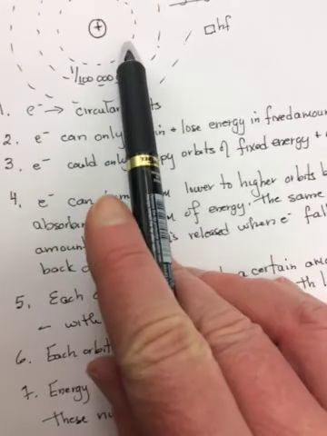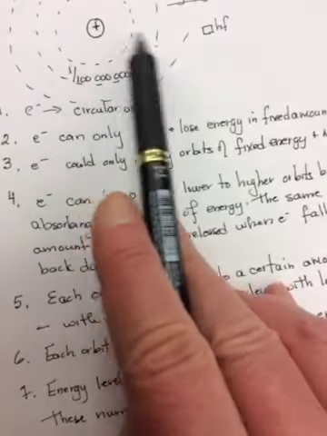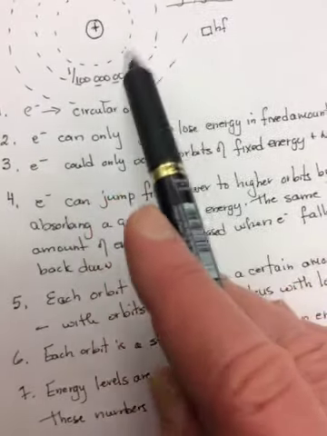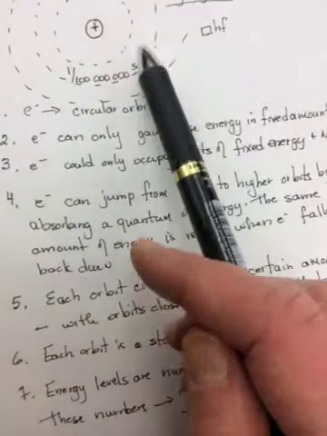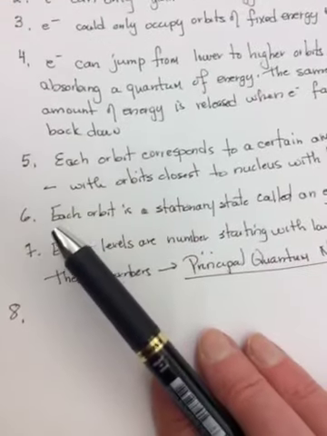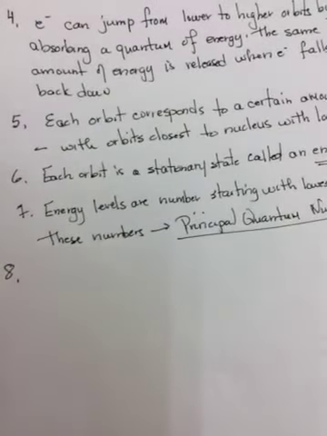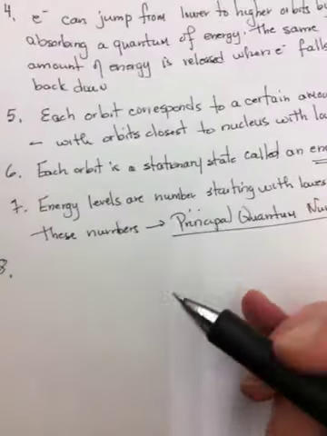He suggested that if an electron was in one level, it could jump up to another by absorbing the exact amount of a photon or a quantum of energy, and if it falls back down, it would have to give that one off. Okay, so number 8 of his model was